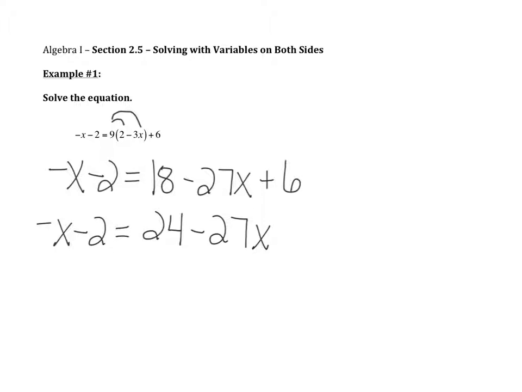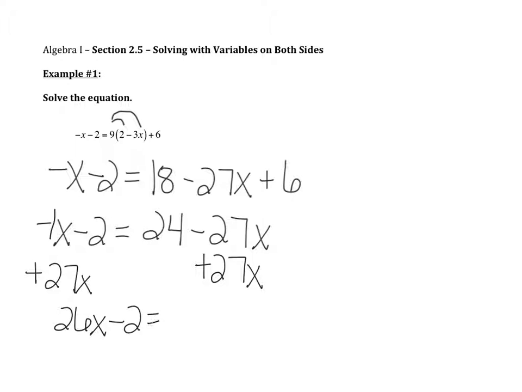In this case, I see that if I add this 27x over from the right to the left, I'll end up with a positive number in front of my x term, which, again, it doesn't matter. I just kind of like when things end up being positive, so that's usually what I do first. So in this case, I'm going to add the 27x from the right to the left. I'll add it to the negative x since those are like terms. Keep in mind that there's actually an implied negative 1 in front of that x, so negative 1x plus 27x would be 26x. And I still have the minus 2 equals 24,